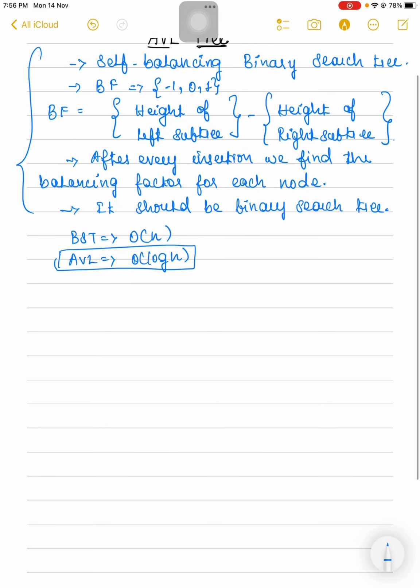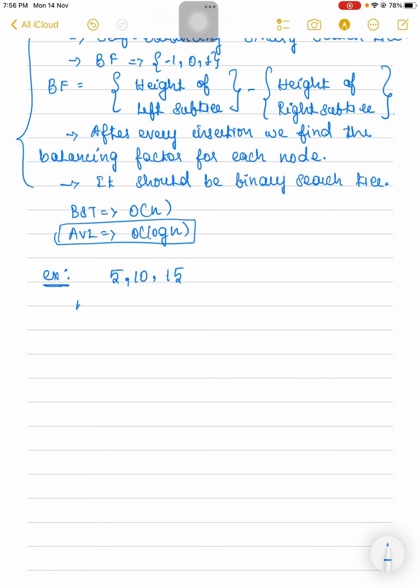Right? So as I told you before, every time the tree should be balanced. When it is not balanced, we are supposed to make it balanced. For example, there are 3 key elements: 5, 10 and 15. Using these 3 key elements, we can make different binary search trees. For example, either we can make it like this: 5. Since it is a binary search tree, 10 will fall on the right side of 5, and 15 should come on the right side of 10. This is one possible tree. Otherwise, I can make it like this as well: